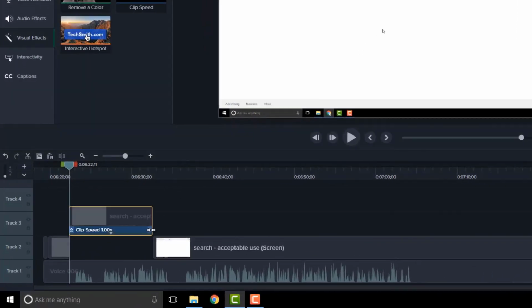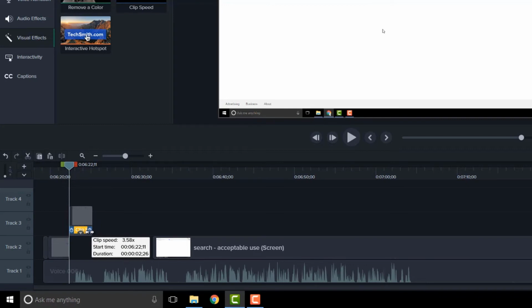So what we can do is, with that clip speed section down here, I say I want this to be shorter. And I don't know how much shorter I want it to be, but when this is expanded, I can put my cursor at the end or at the beginning and just drag this to make it faster. So here it is. Here's 1.78 times faster, or I can make it slower. All right, in this case, we want to make it faster. So I'm going to speed it up, and maybe I only need it to be 3 seconds long.